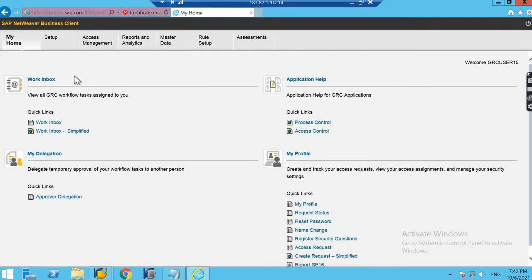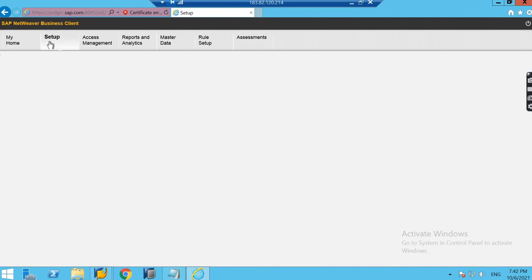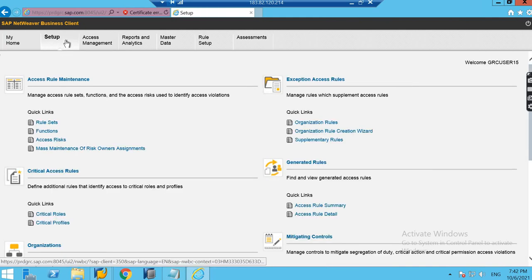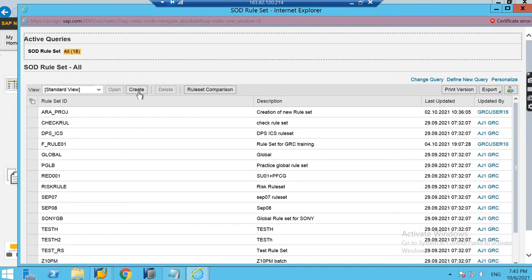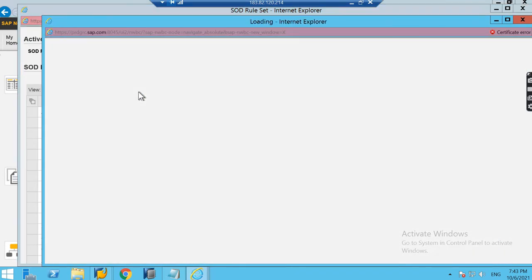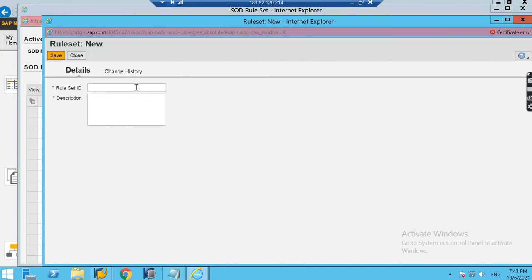So for example, in case you want to create a function, let's create one. We have to go to the setup work set, then go to access rule maintenance, and if we go to this function, we can create a function. Before creating, let's create one rule set, like one folder for our training purpose. So we are creating